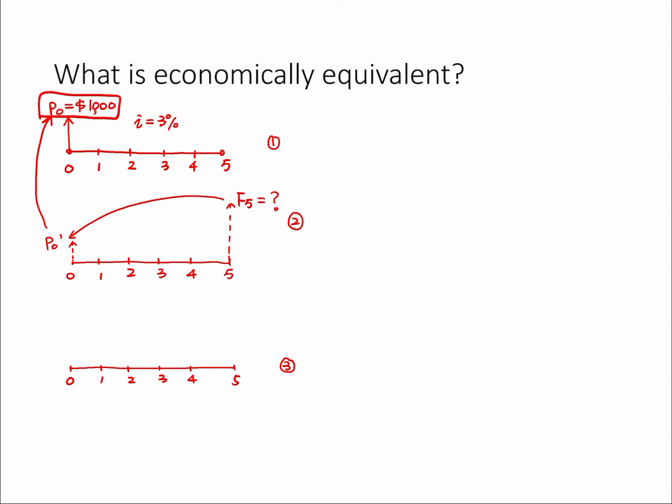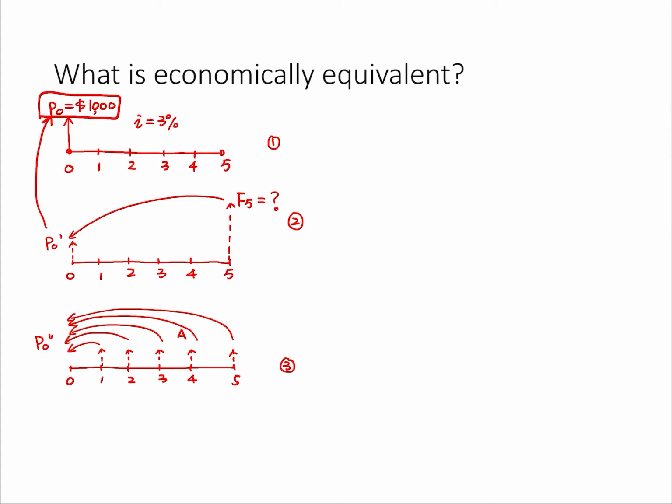Annual equivalent means you want to have some annuity cash flows at the end of every period of the same amount, annuity. But if you convert all this back to the present value,